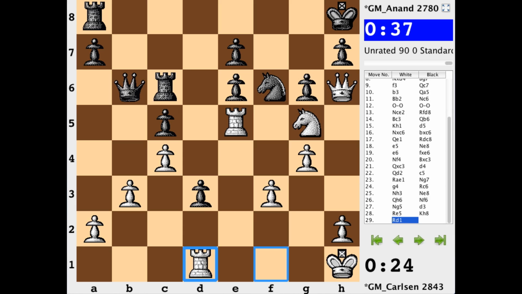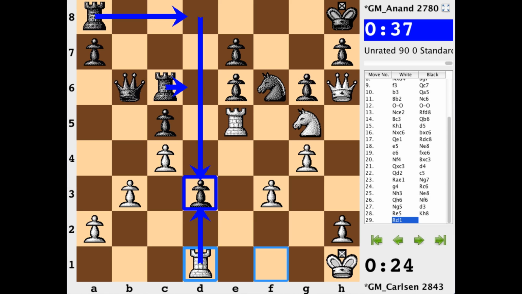Instead, rook d1, looking to just pick up this pawn, and there's not a way to defend it. This rook is really not the greatest piece in the world. It's on a closed file. It's having to just babysit a pawn, and neither black rook can even make progress on the d file.